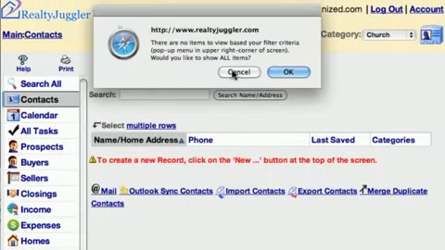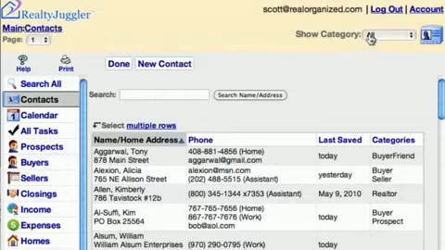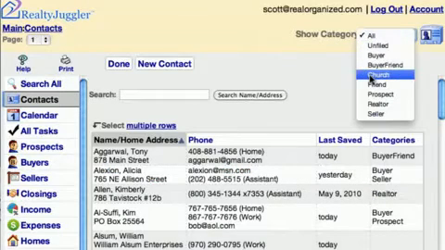I'm showing the records with the category Church, and it says there are no items to view based on your filter criteria. Would you like to show all items? I'll say OK. My church category is still here in the drop-down list, but there aren't any contact records that